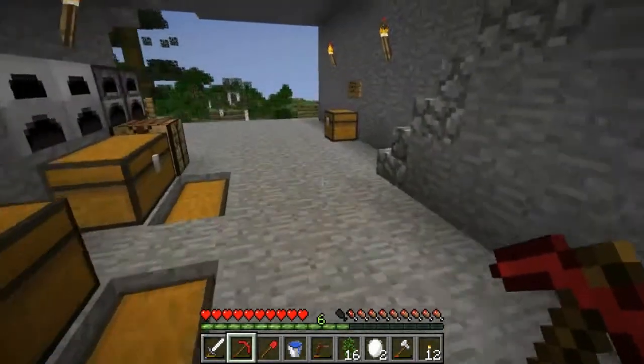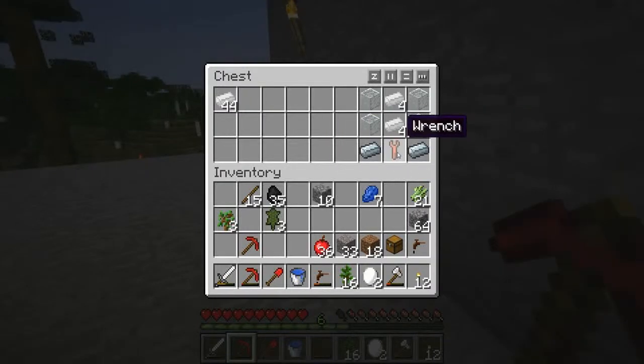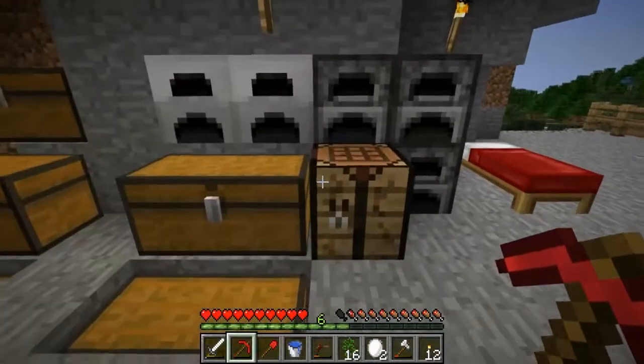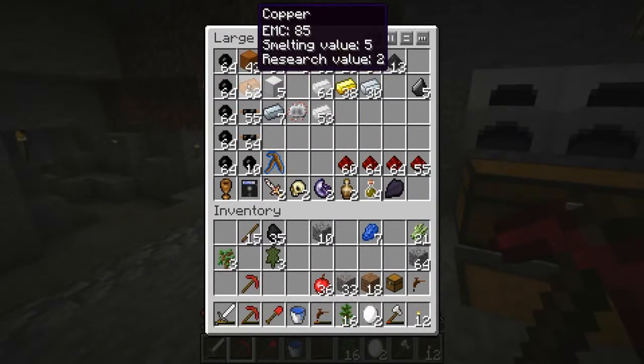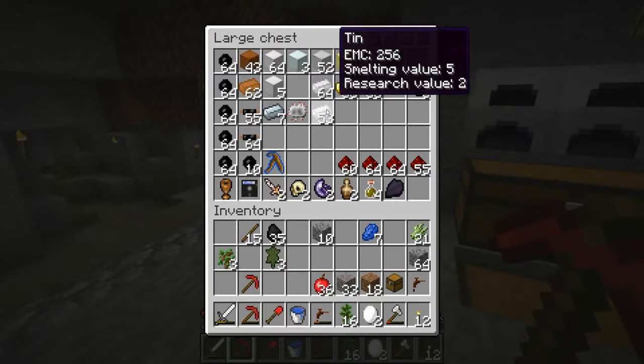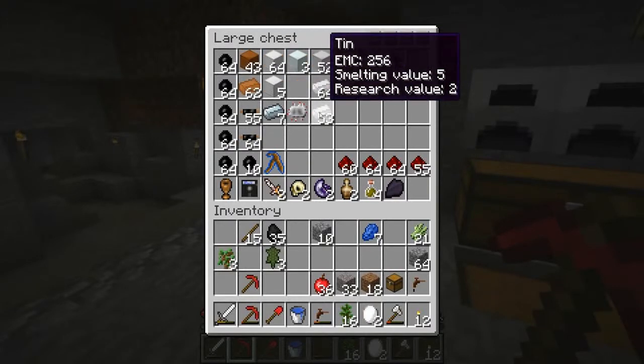So I crafted a bronze wrench. And you make bronze by using dust. You use copper dust and tin dust, and you use 3 copper dust and 1 tin dust, and I believe that's what it is, maybe it's the other way around. Either way, it's 3 and 1, and that makes 2 bronze dust,